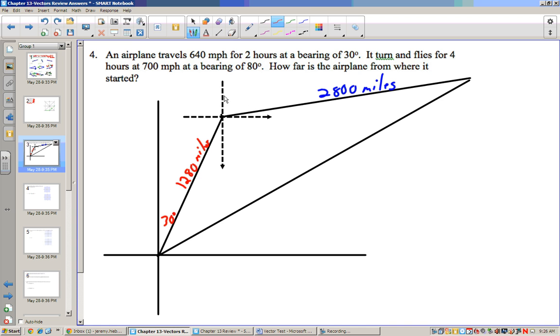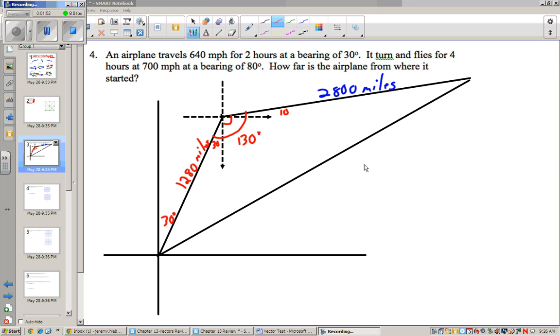Well, if this is 80 degrees, we know that's 10. This is 90 degrees. And if this is 30, this is 30 here. So this whole angle is 130 degrees. So now once I know that angle is 130 degrees, I can use the law of cosines. c squared is equal to 1,280 squared plus 2,800 squared